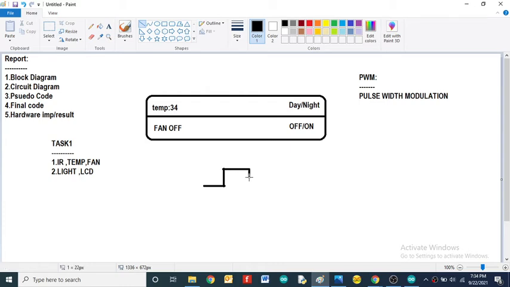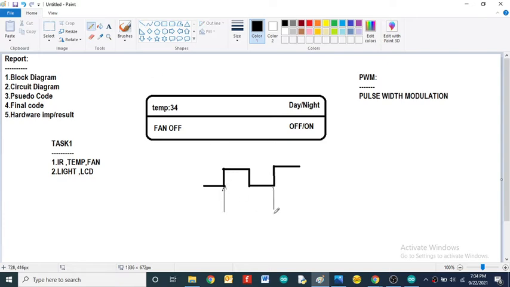So just assume that this is the signal. Then we can say that this is the pulse signal with the 50% duty cycle. So this is one cycle, right?